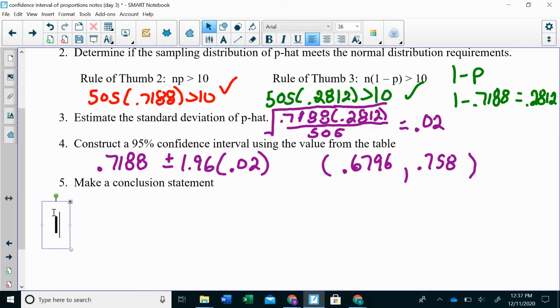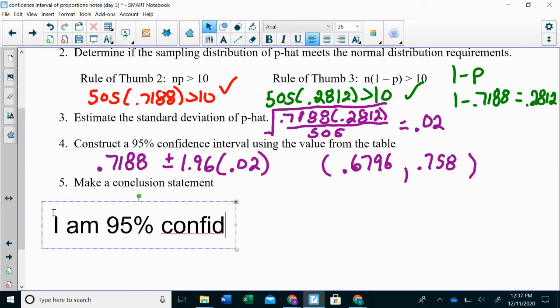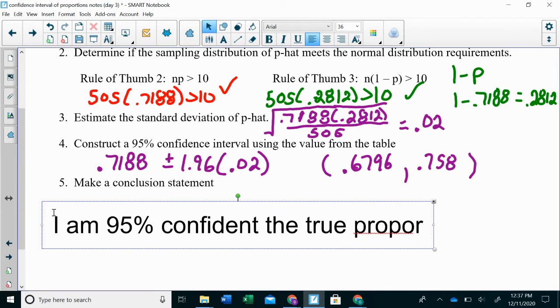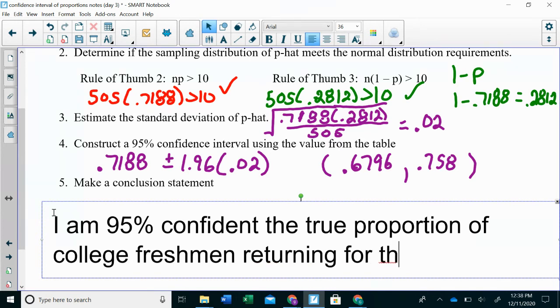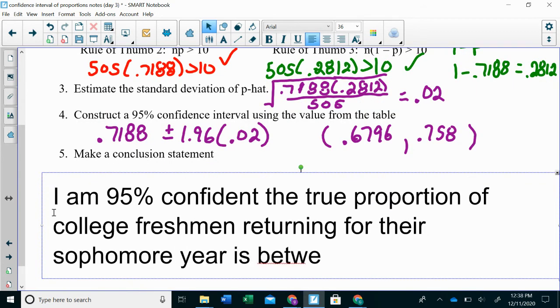So our conclusion statement: I am 95% confident the true proportion of college freshmen returning for their sophomore year is between 0.6796 and